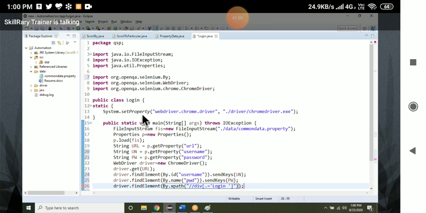Dot equals login. See, if I execute it, it will enter the URL, take the username, take the password, and click on login. See that.